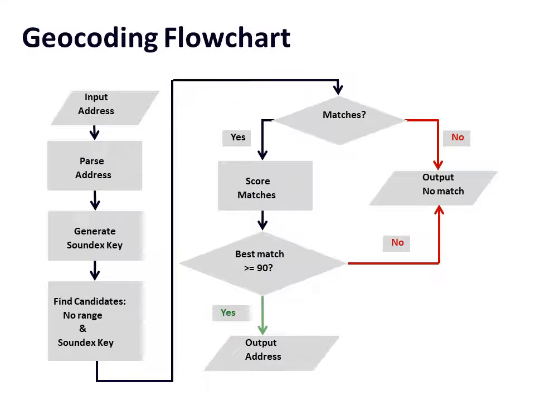How does this geocoding flowchart work? Well, as with most flowcharts, if you don't understand what you're looking at, they don't mean a whole lot. So we'll try to explain it a little bit. You input your address, you parse the address. Parsing the address means you break it apart into these individual pieces. And then it generates something called a SoundX key, which is kind of the programming things that we're not going to worry about. And then it finds candidates